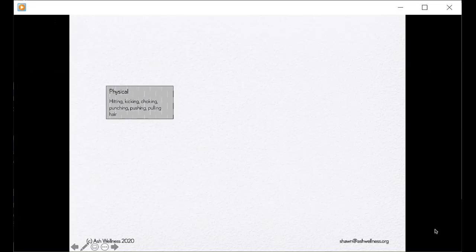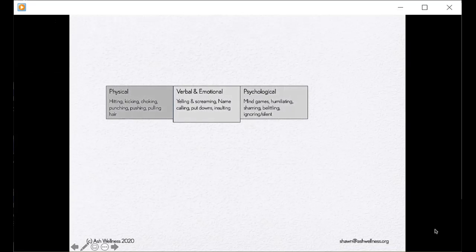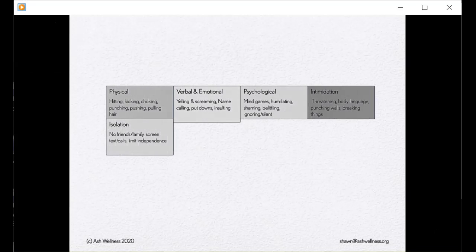And what we're going to show you next is the house of essentially power and control. Some of you may have heard about the wheel of power and control, and we put it into a different form because people grow up in this environment, right? So some of the ways that people hurt each other: physical violence, verbal or emotional violence, psychological, like mind games, humiliation, shaming, etc., intimidation. A lot of threatening going on. Once someone has used physical violence, an intimidation gesture does a lot to cause pain.